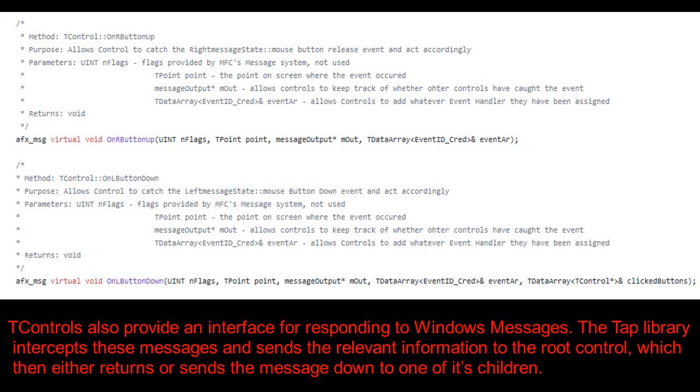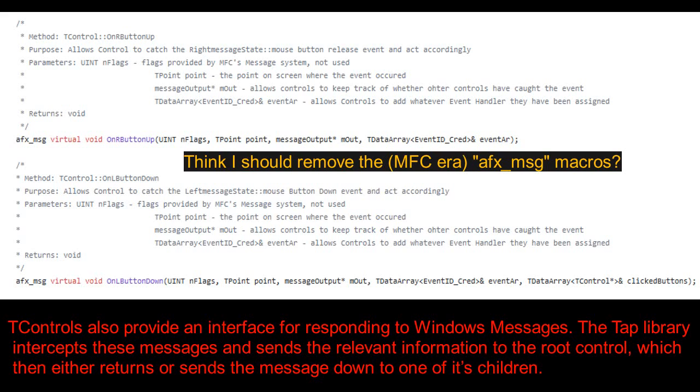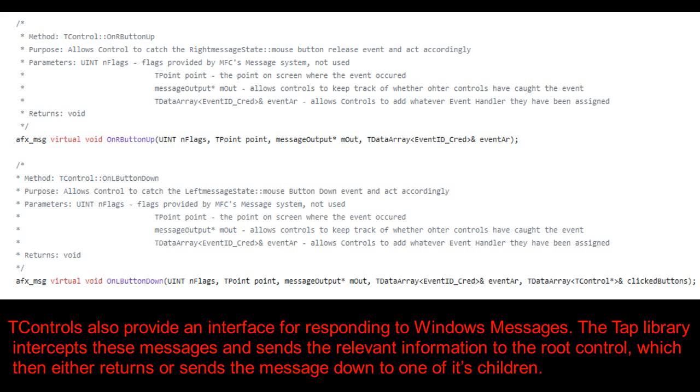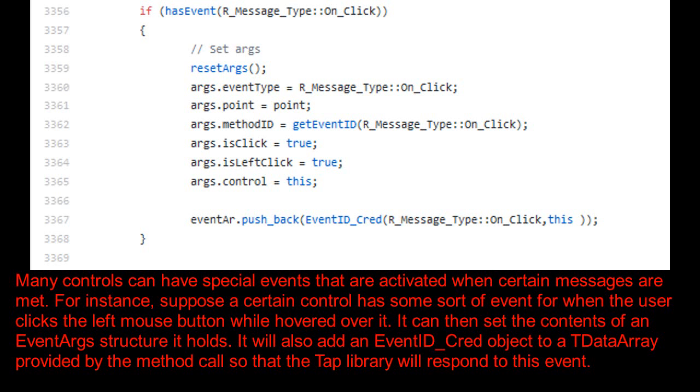TControls also provide an interface for responding to Windows messages. The Tap library intercepts these messages and sends the relevant information to the root control, which then either returns or sends the message down to one of its children. Many controls can have special events that are activated when certain messages are met. For instance,